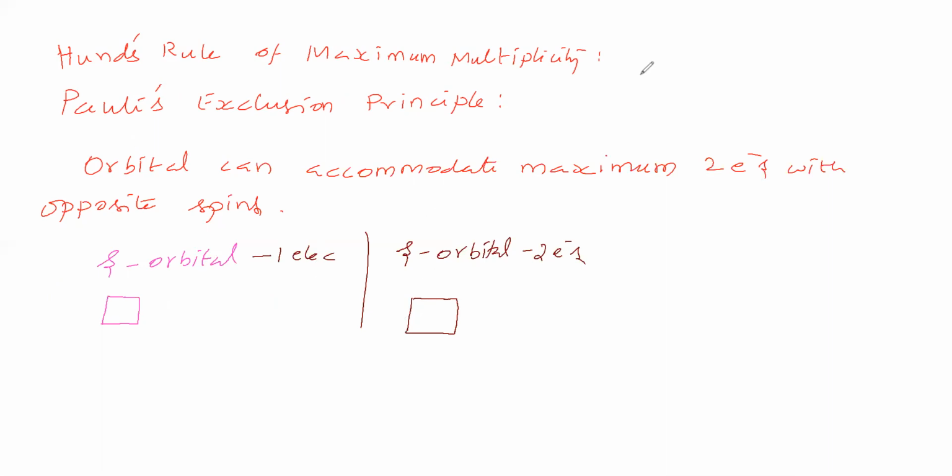Now, this electron is undergoing spinning. In the sense it may go for clockwise spinning or anti-clockwise spinning. If it goes for clockwise spinning, we have to give the electron an upward arrow mark. If it goes for anti-clockwise spinning, then we have to give a downward arrow mark. So if an s orbital is having one electron, we can represent that electron either way, like clockwise rotation or anti-clockwise spinning.